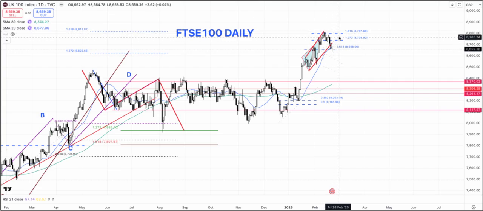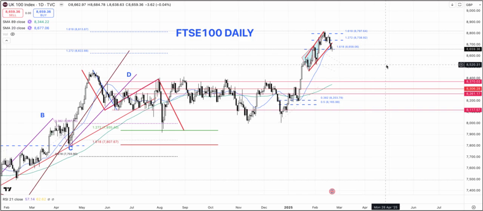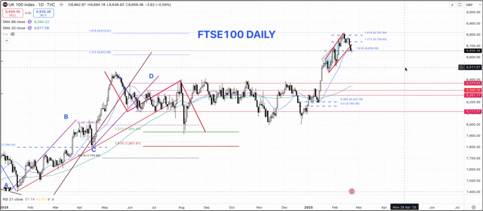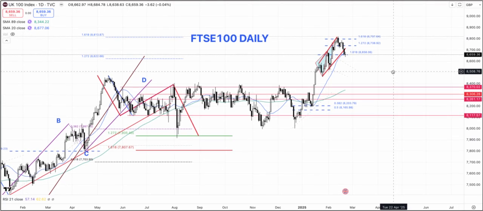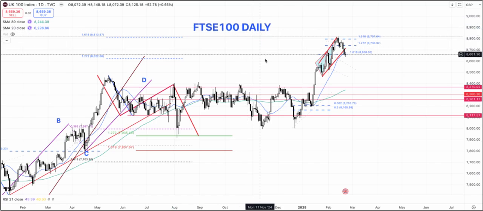We might begin to see an ABCD kind of corrective form take place in both the FTSE 100 and the German DAX. So I think we are likely to begin to see some sort of a pullback or some selling pressure come into the equity markets, both in Europe and of course in the United States. Just because in Europe we are completing our targets, so no further targets. Just watching the price action, and not surprised that we have already seen some sort of a pullback.